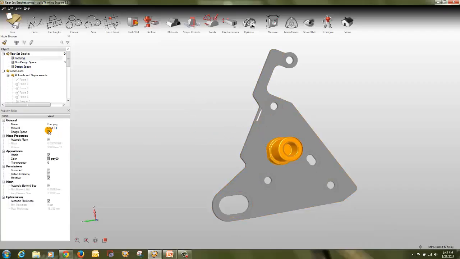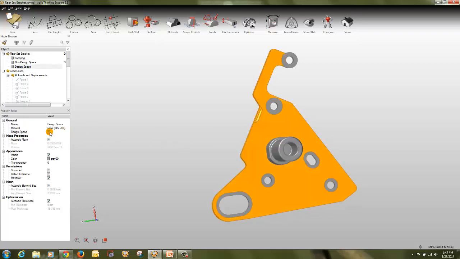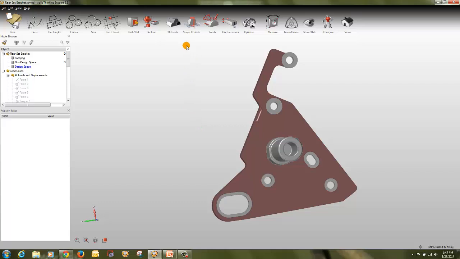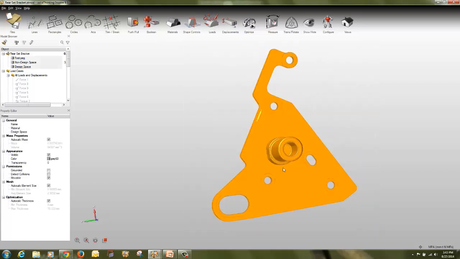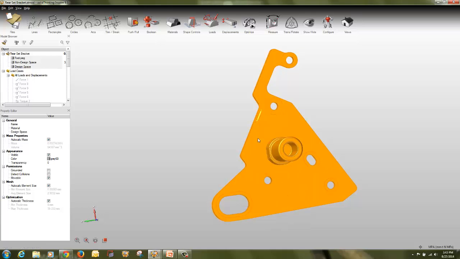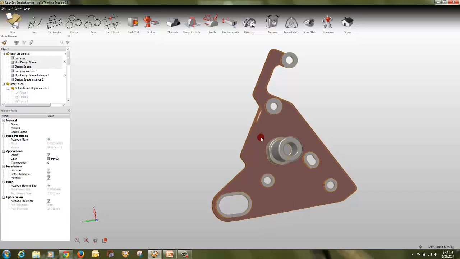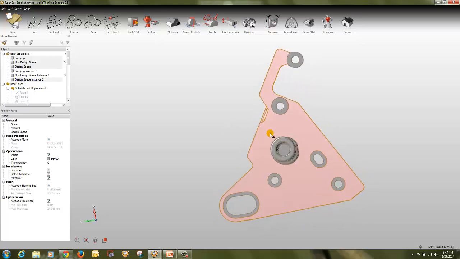So let's make this non-design and this one a design. What you have to do is just select the parts, right click, copy, again right click, and instead of paste, click paste instances. Paste instances will help us to do the pattern repetition. So if you click on paste instances and move the part,